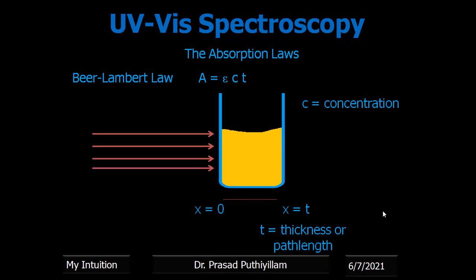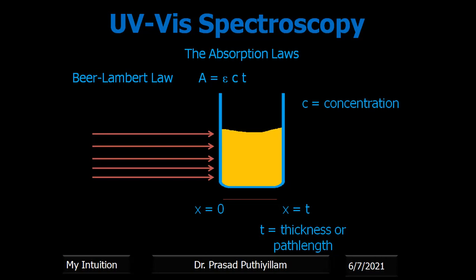Now the light falling on this cuvette or sample is the same monochromatic light. Already it was explained that it is monochromatic light, which means the wavelength is fixed, or frequency is fixed, or energy is fixed. Now we are only counting how many photons are falling on it. We cannot actually count them as such, but here I'm representing 1, 2, 3, 4, 5 photons falling on it, just to understand that.